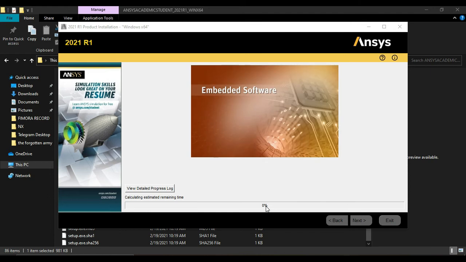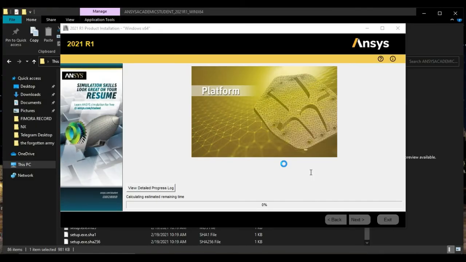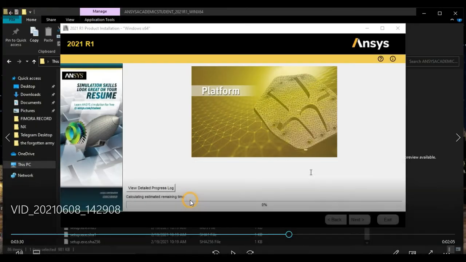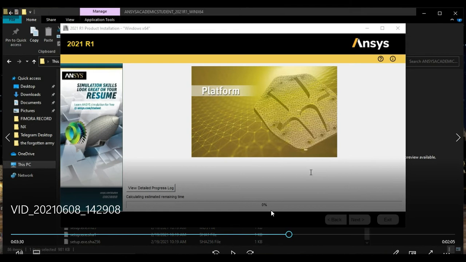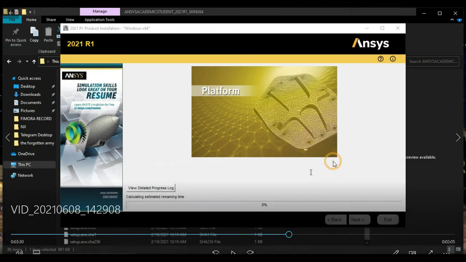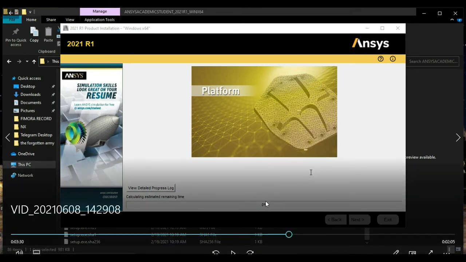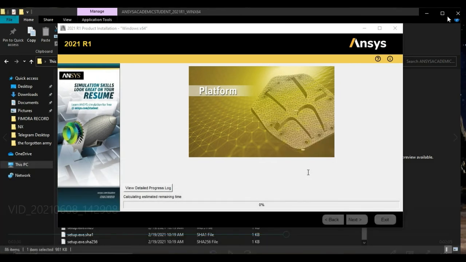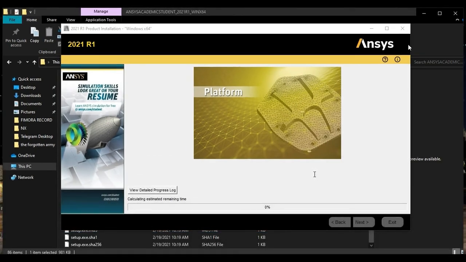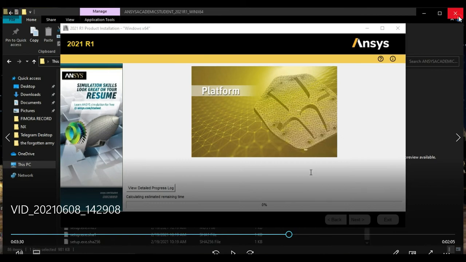Do not go back or refresh anything during the installation process. I have already completed it and made it exit, so I am showing it from this video. When it finishes from 0 to 100%, it will take approximately 30 minutes. Then you have to click on exit, and you will get out of the installer.